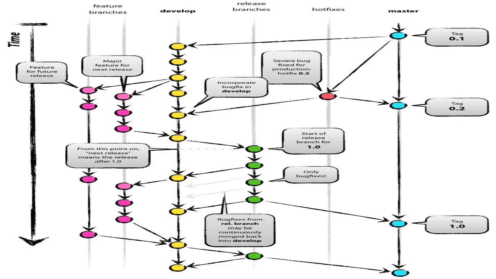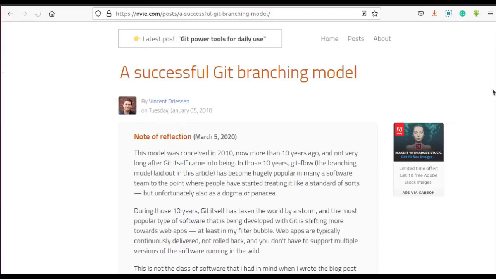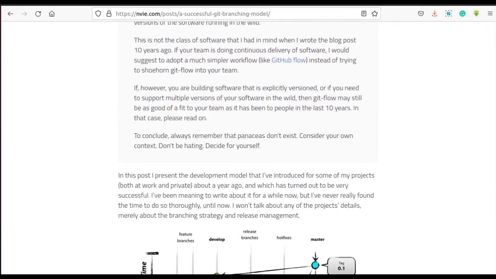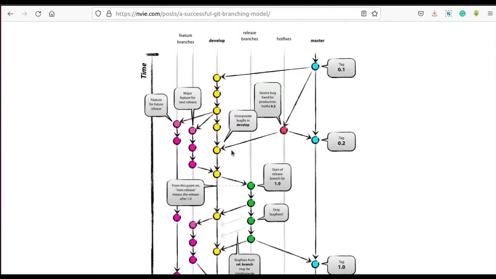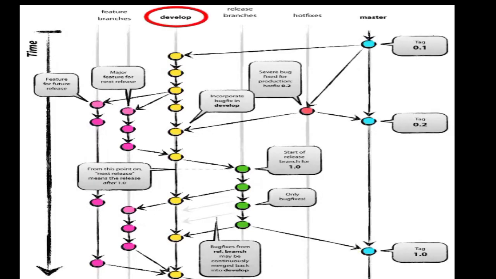So guys, there are lots of different workflows you can use with Git, but I'm just going to talk about this specific model. The model I'm talking about is heavily based on this article called Successful Git Branching Model. In this article, Vincent lays out basically how things can be done. So you have your develop branch. This is the branch that has all the latest features merged in it. You have the master branch where all the code that works is tested and ready to push to production, and is what your users are using right now.